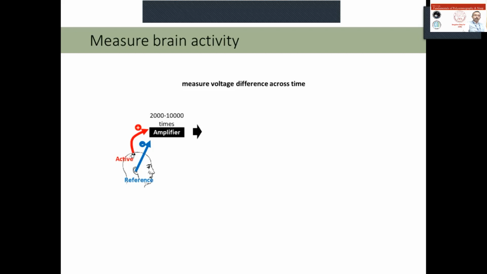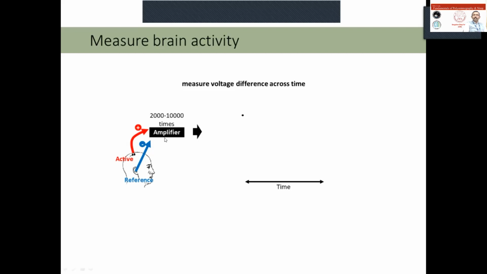So for example, I want to study this vertex region of my brain, to see what is happening there. That will be my active site. So I will always compare my active site with my reference site, and the difference in voltage will be amplified 2000 to 10,000 times, and that will be converted to a value. Now the problem is, this voltage difference could be anything. It could be a positive value, negative value. We do not know. For that, we need one more level of reference, and this reference is to do with